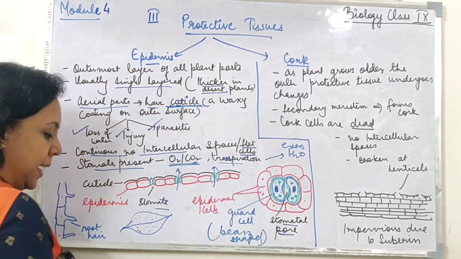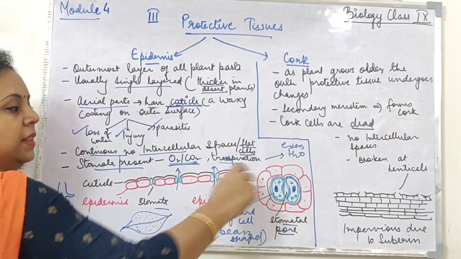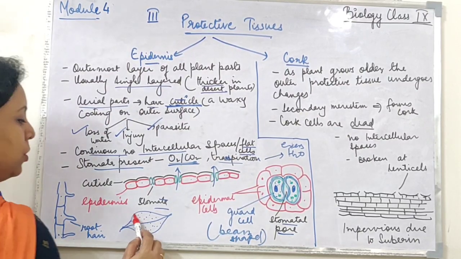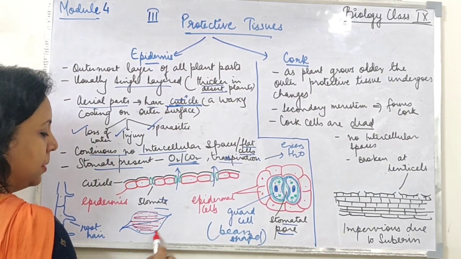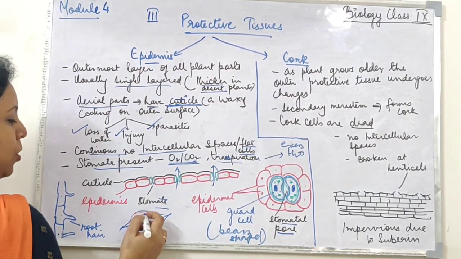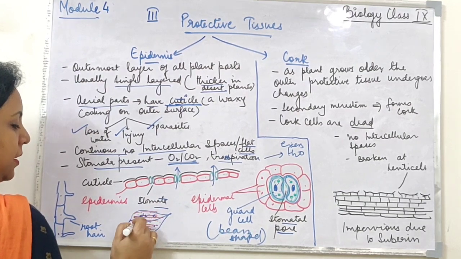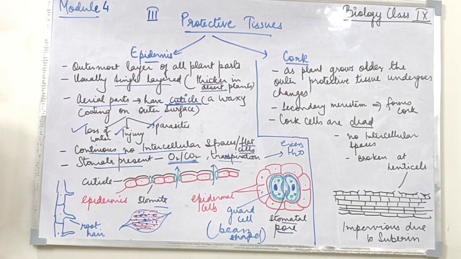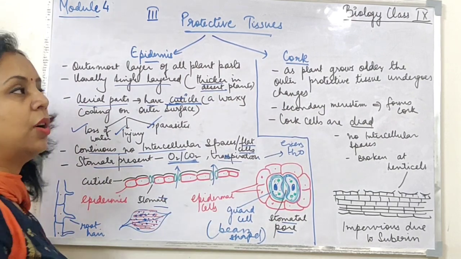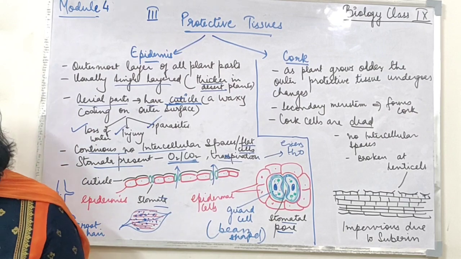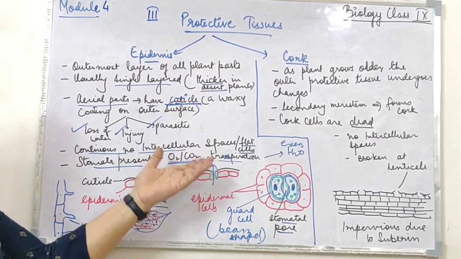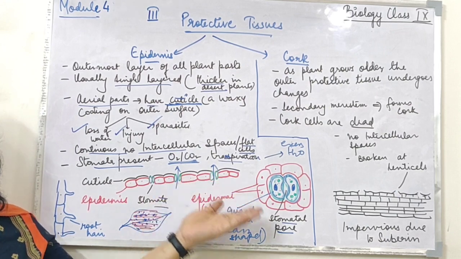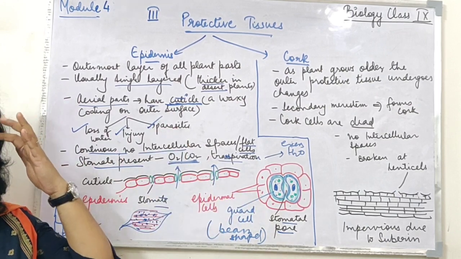And on the outer side, these red color cells are the same epidermal cells. So on the leaf, throughout there are epidermal cells which are broken at places which are known as stomata. Okay, so stomata is a key feature of epidermis. Now children, of course stomata are more numerous on the leaves and herbaceous stem, and they are not as numerous in the fruits and flowers.